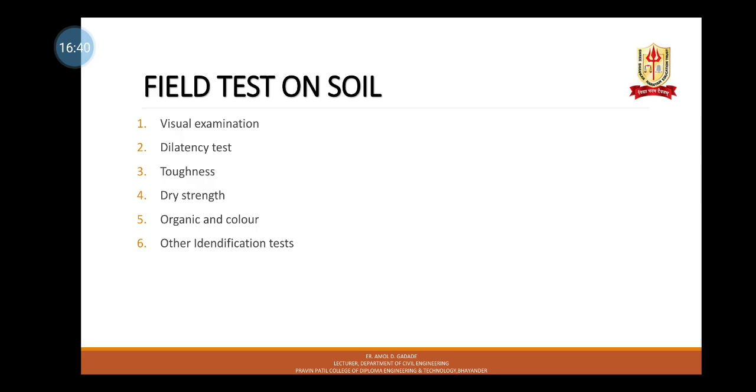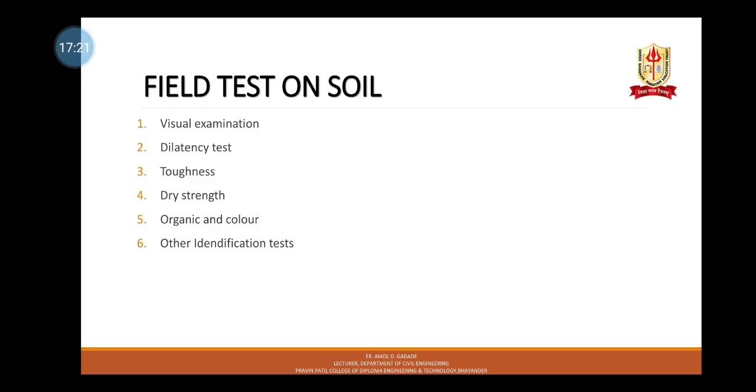If the lump can still be molded slightly drier than the plastic limit, and if high pressure is required to roll the thread between the palms and the hand, the soil is said to have high toughness. Medium toughness is indicated by a medium thread. A soil lump formed of the thread slightly below the plastic limit will crumble. Low toughness is indicated by a weak thread that breaks easily and cannot be lumped when drier than the plastic limit. Non-plastic soils cannot be rolled into a thread of 3 mm diameter at any moisture content.